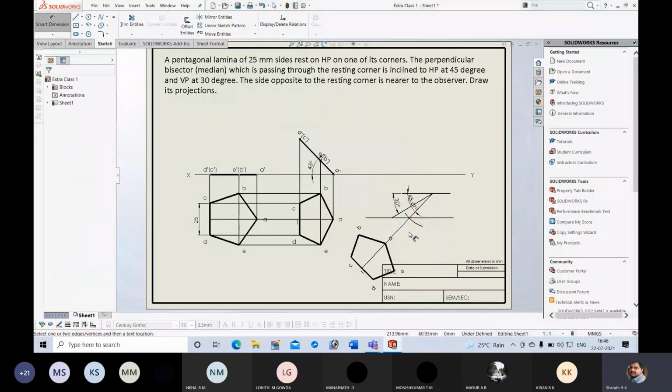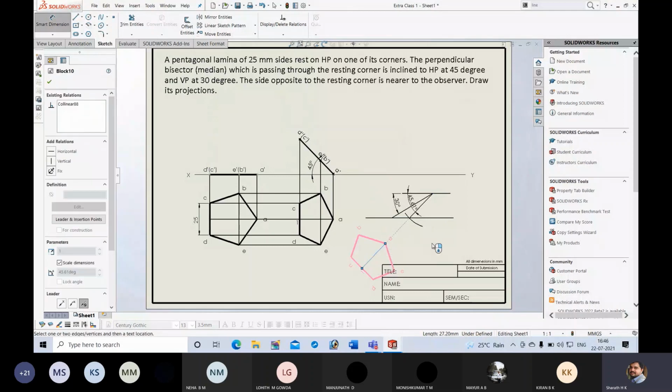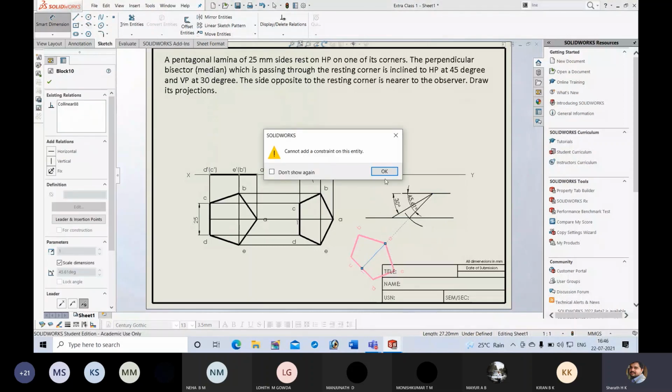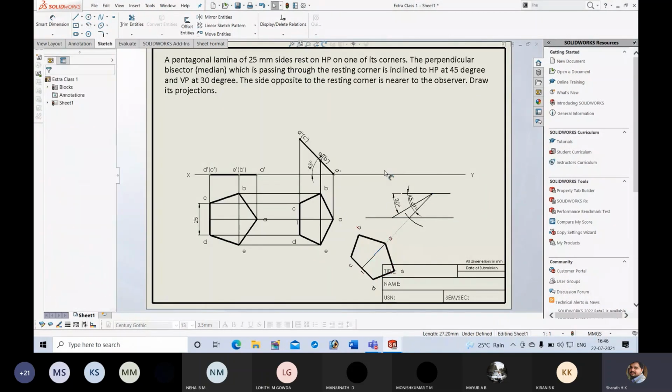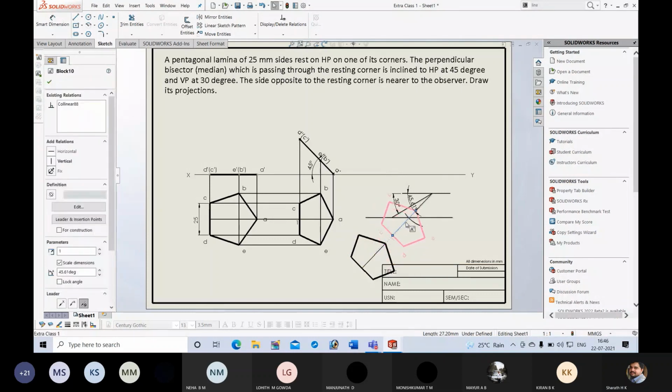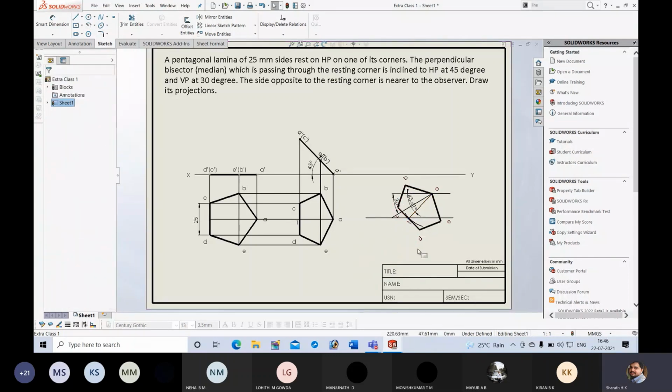There are different approaches you can follow. Or you can move this block like this. Whichever is easy for you, you can do that. Or else there is one more option.